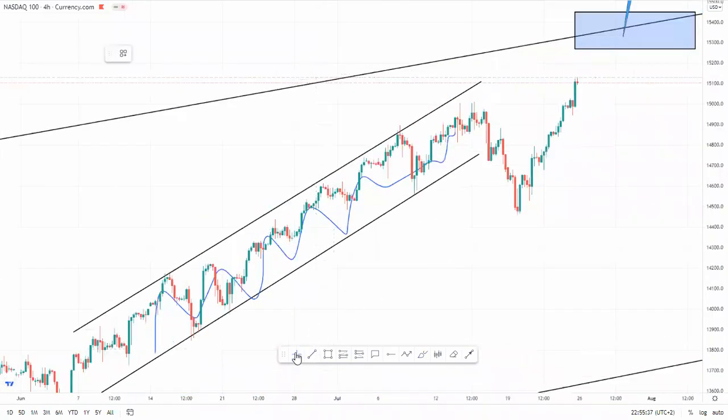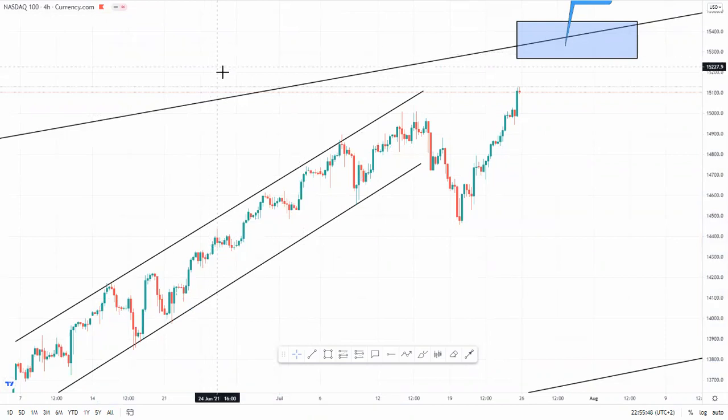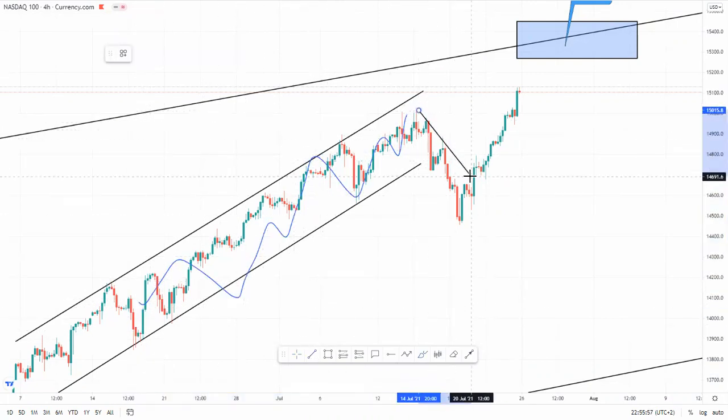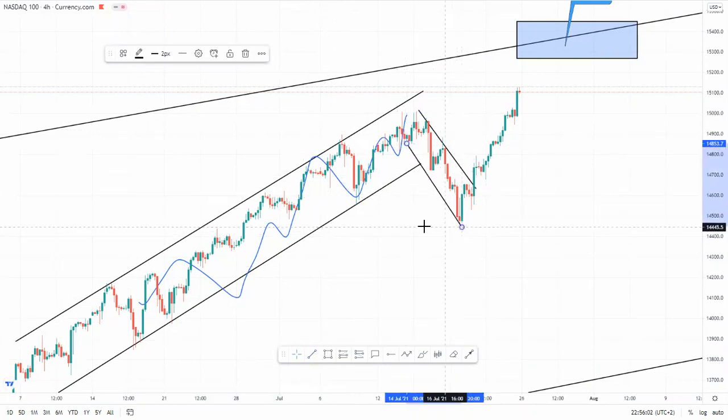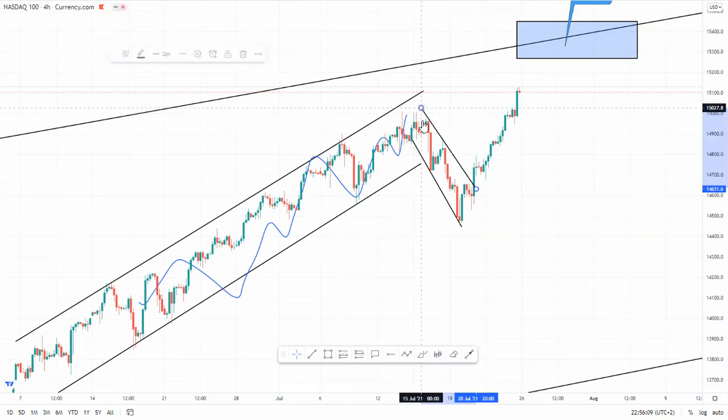What do they call it? Counter trend line break, I think. Yeah, I think they like to call it counter trend line break. So basically we had this bullish channel going up, then we got another bullish channel going down. Typical Falcon pattern over here. 1, 2, 3 touch, multi-touch confirmation.